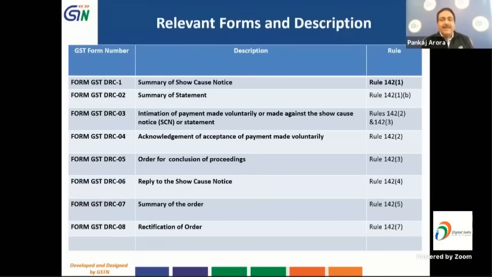DRC-03 will be for filing intimation of payment that has been done voluntarily by such taxpayer. It may be done even before issue of show cause notice, or within 30 days from the issue of show cause notice or statement, whatever it may be. And form DRC-04 is the acknowledgement of acceptance of payment made voluntarily. Such acknowledgement will be issued by the tax official, and in case the SCN has been issued and reply has been filed,